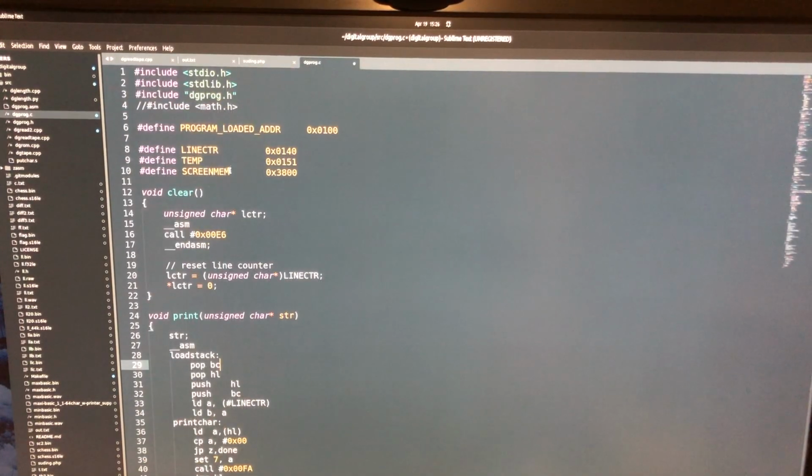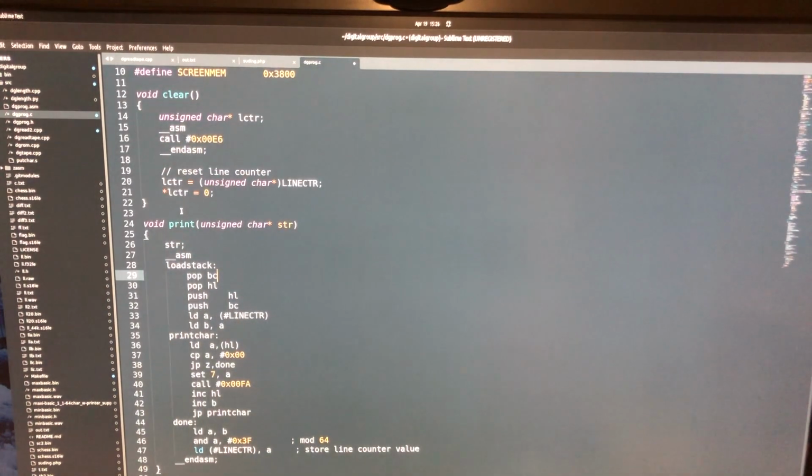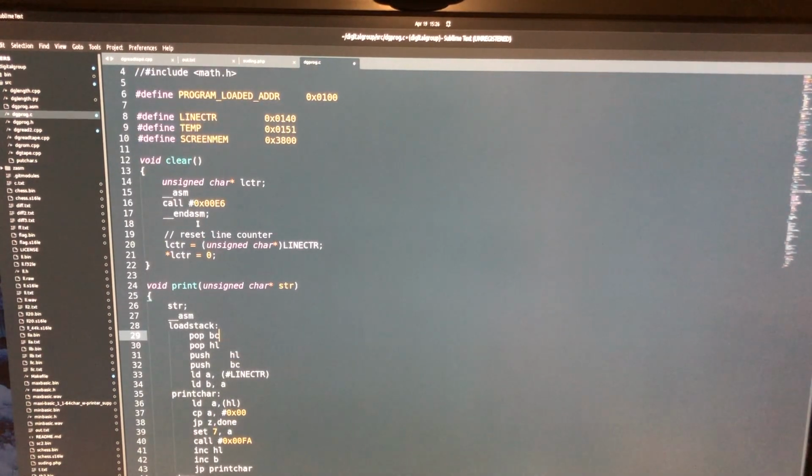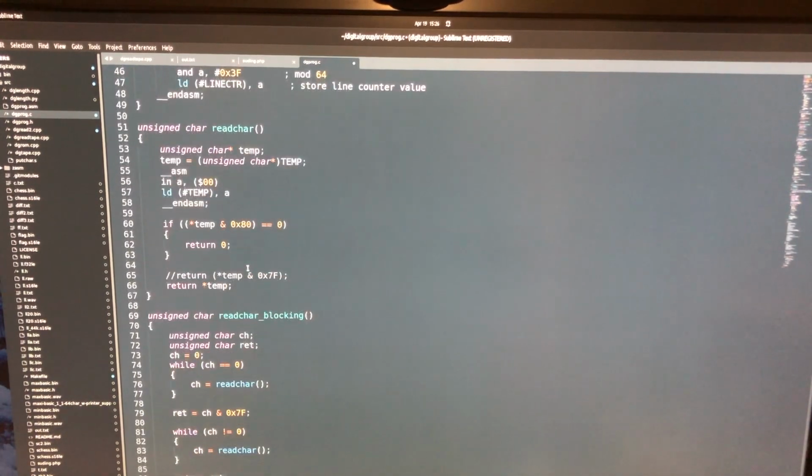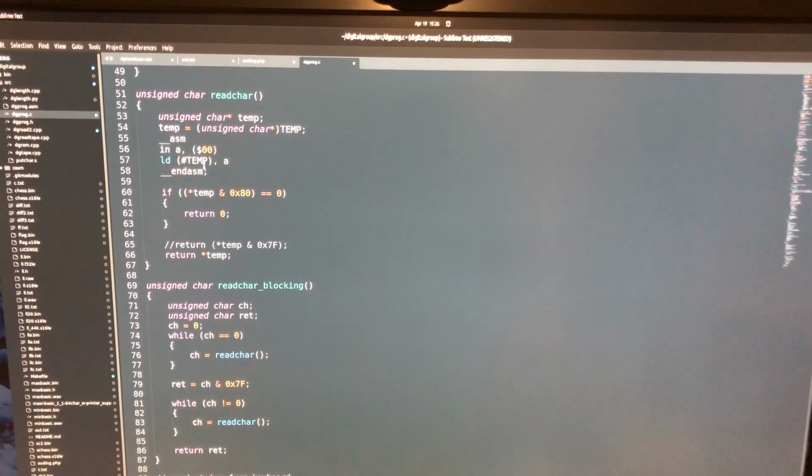And I've gone ahead and put together a sort of template C program here that actually calls some of the routines in the ROM for the digital group. So for example, clear screen: you're actually calling a routine located at address E6, which is the clear screen routine in that ROM. We have a simple print function that calls the print character routine in that ROM as well. And you can also read a character from the keyboard, which we do by inputting port 0 on